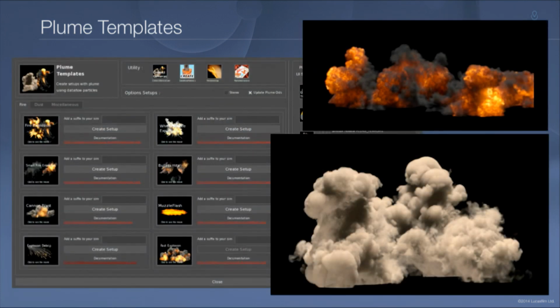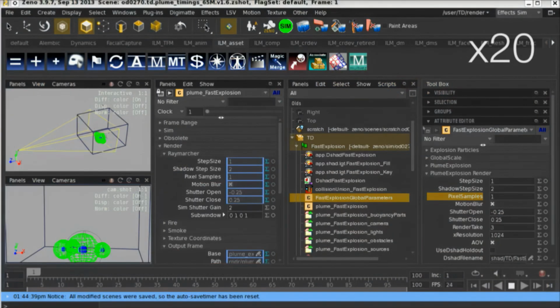So on the left side, this is the dialog box where you see all these little postage stamps. An artist can actually click on one of them and get a movie of that template and see what it does if they create the setup. And on the right, there are 2 frames of 2 of the templates. So what I'm going to show you now is Xeno, our authoring framework. It's a video capture that's been sped up by a factor of 20. On the lower left, you'll see the artist checking quickly if